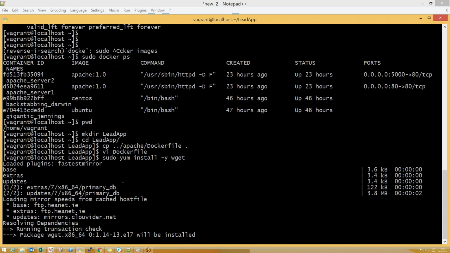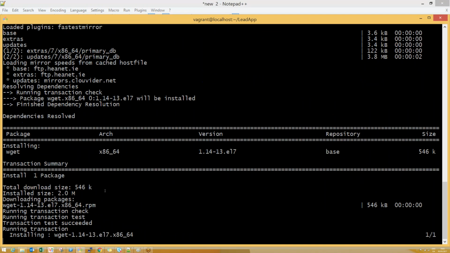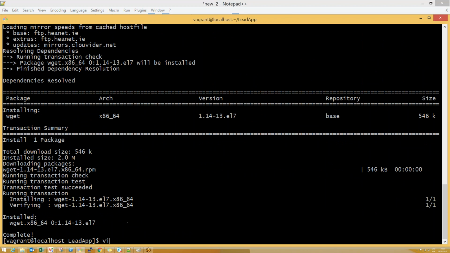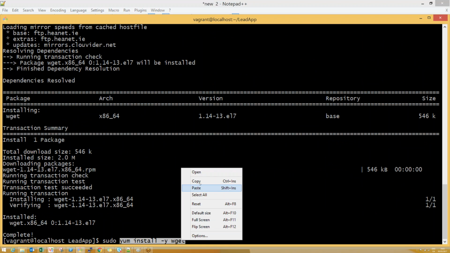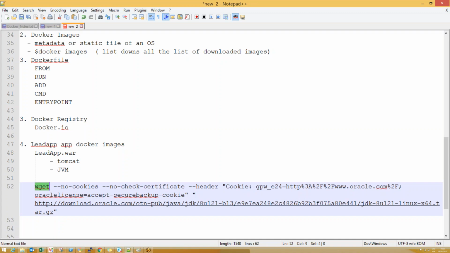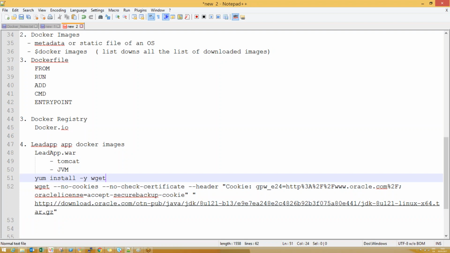Okay, so nothing but we have to first run the wget command. So copy the yum install wget. Okay, now go back here and put that first, install the wget, then the wget command to download that. Okay, so once you downloaded this,